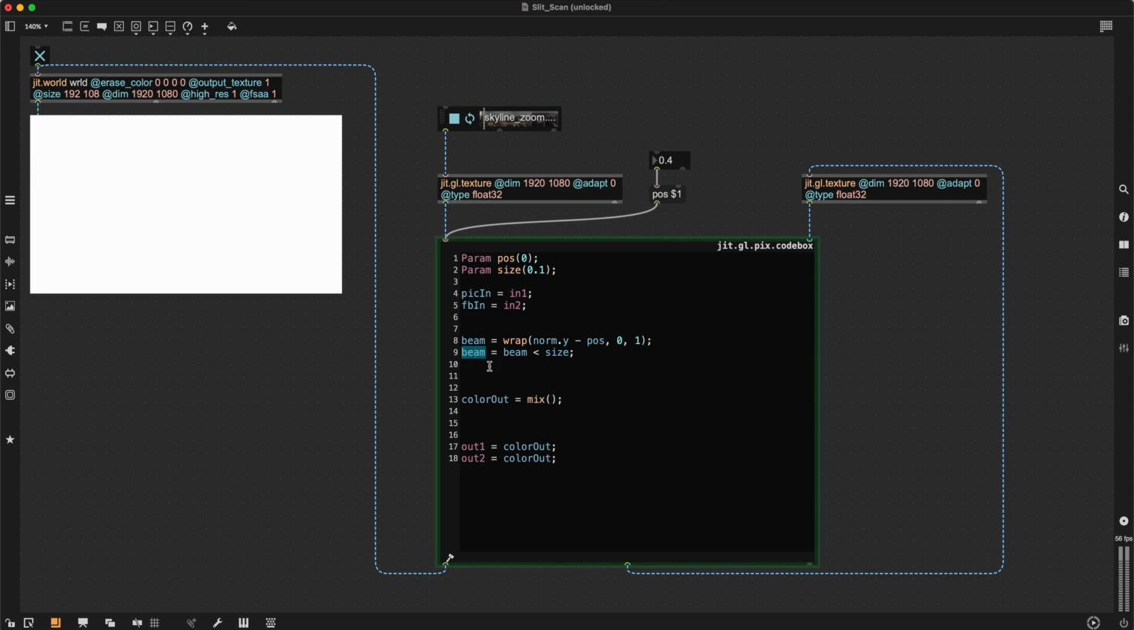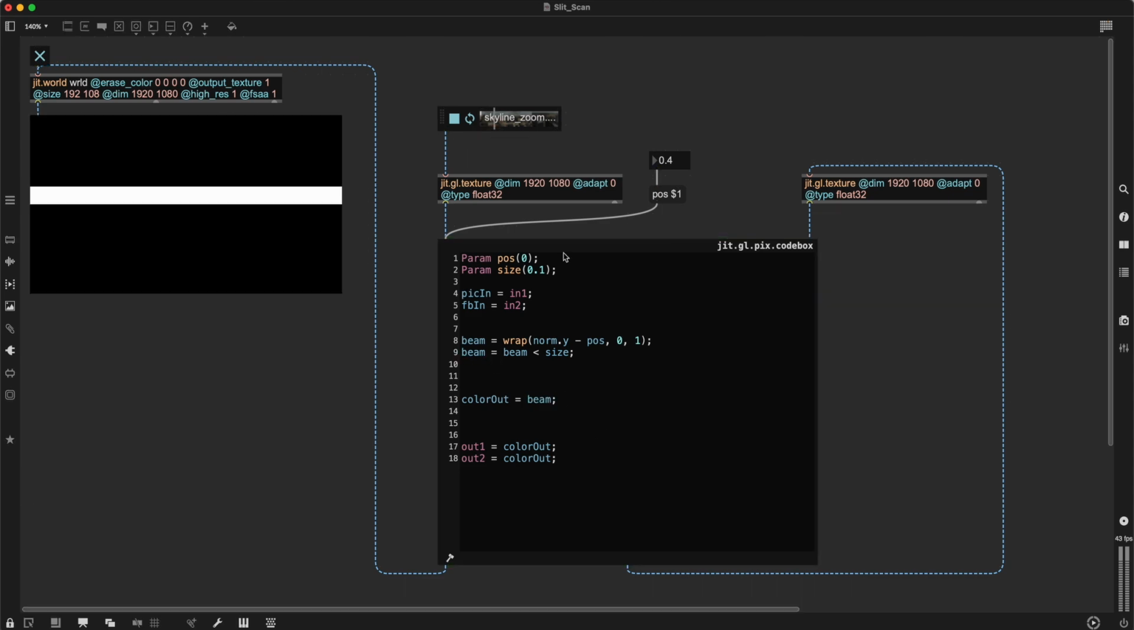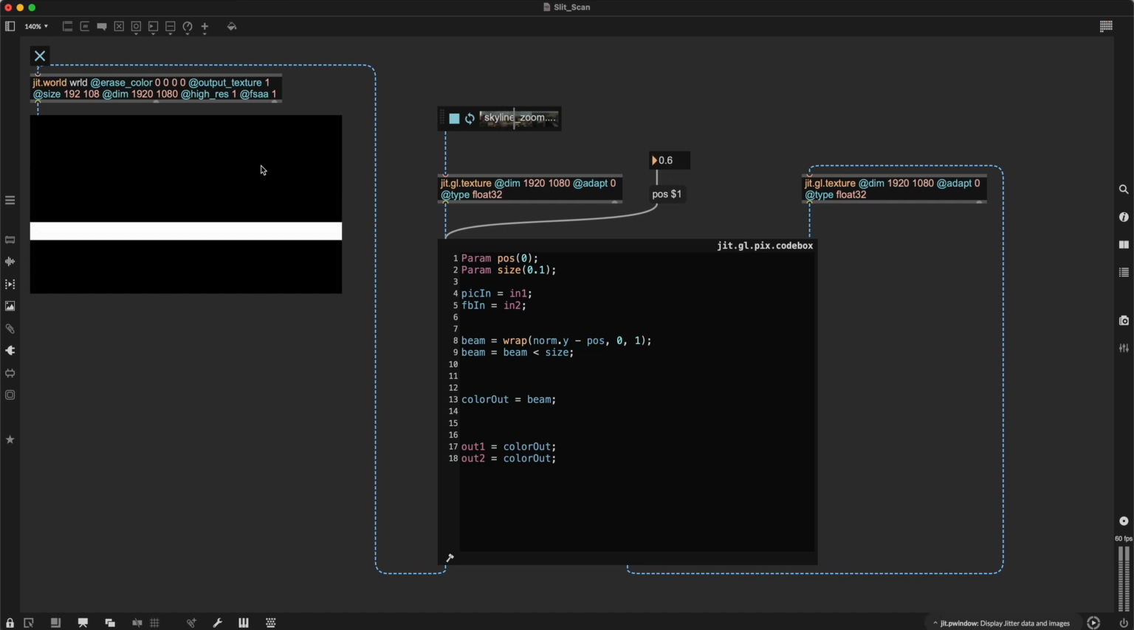okay, I already forgot. Let's for a moment set this here. Okay, we have the beam itself is white and the background is black. So every time this value is 0 or black, I want to use the feedback that's coming in, and every time it's white, I want to use the texture that's coming in. So I can use the mix operator and say black is the feedback. So first is the feedback, then we have the picture in, and then the beam is